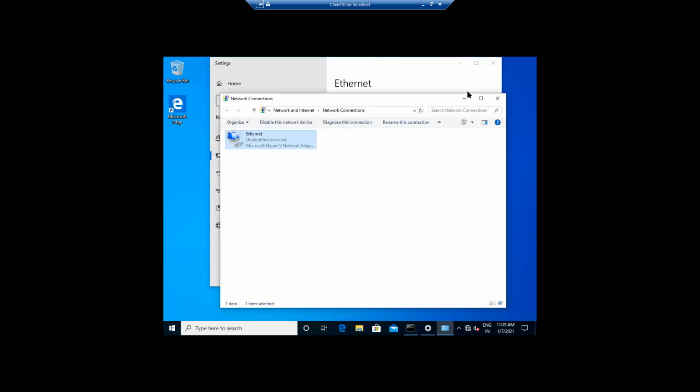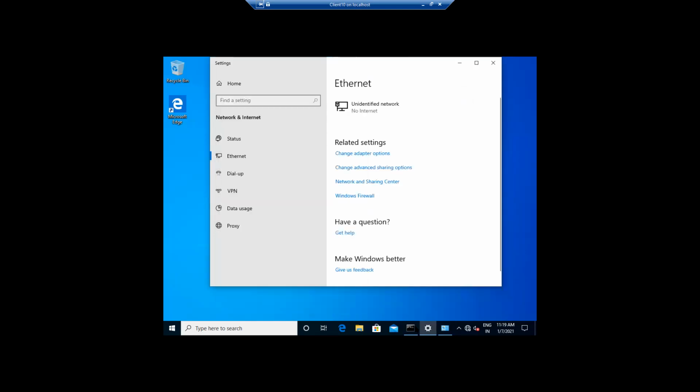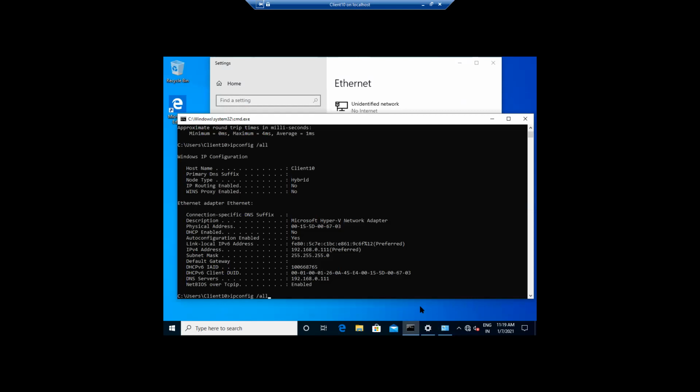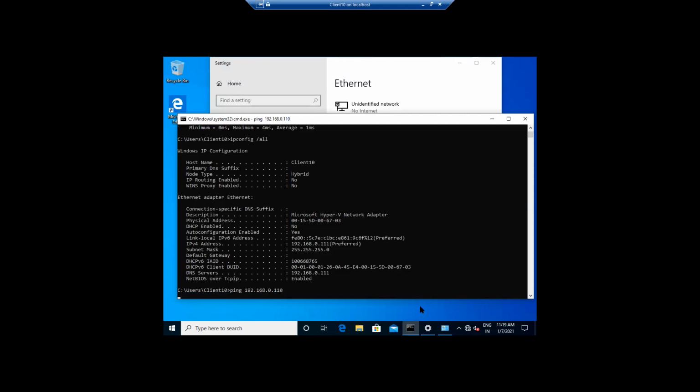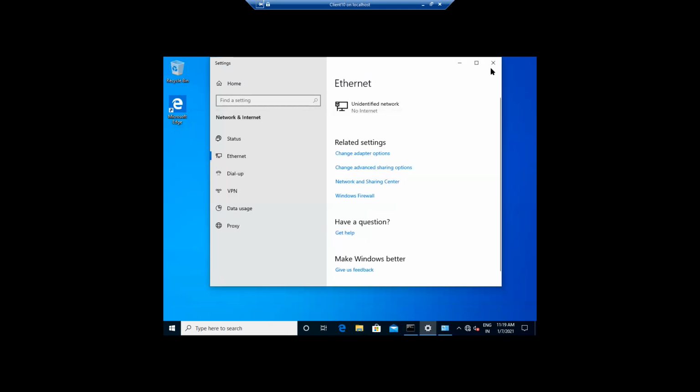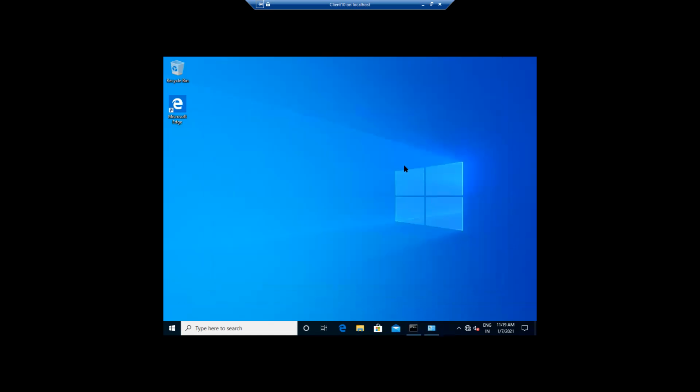Now we'll try to ping this 192 address and see whether it is happening or not. Okay, so ping is happening. Now we will try again to see whether we are able to join this machine to the domain. We'll go step by step. If it is still not happening, then we'll go for the second step.